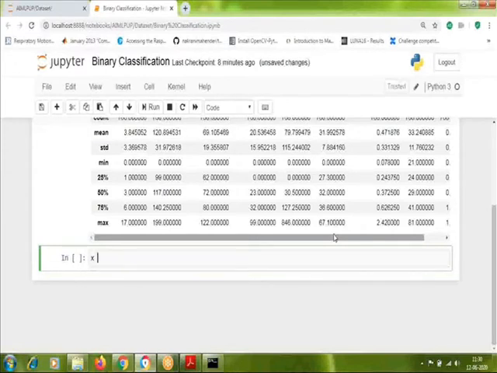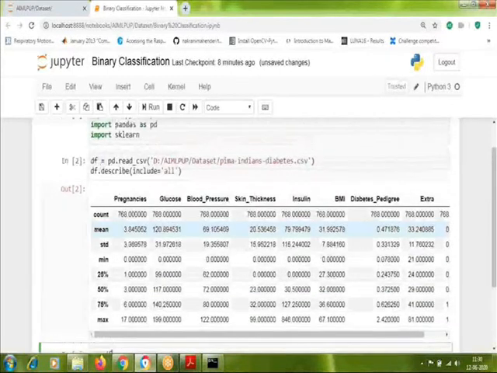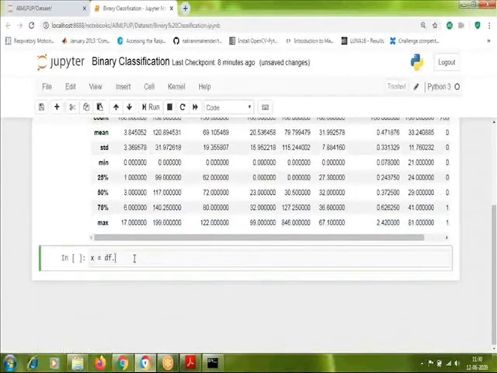So it becomes x equal to our data set, which is stored in variable df, df.drop. That means from df we are going to drop a column, that is result, and because it is a column, you have to mention axis equal to 1.